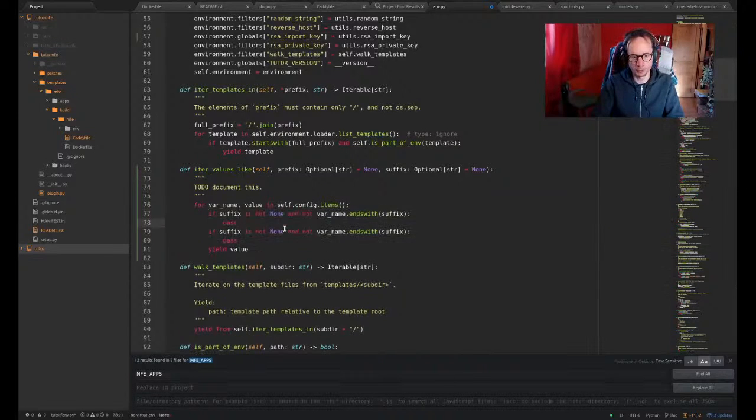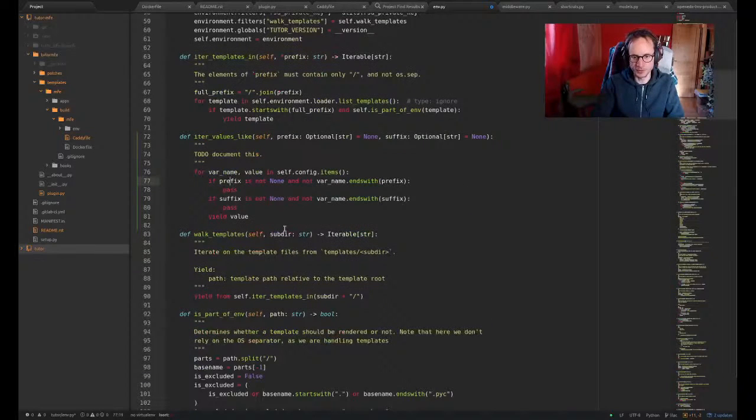And we do the same with the prefix. And it's not ends with, starts with. We could imagine adding unit tests to this. This will happen, yes. And so this will yield an iterable